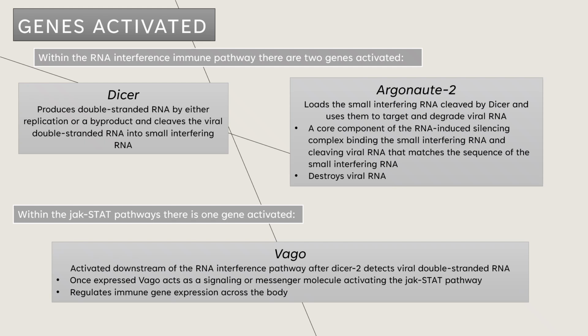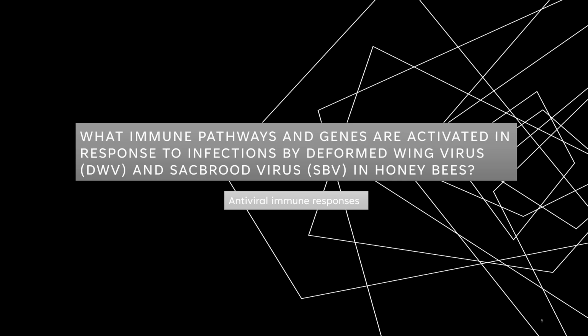Within the JAK-STAT pathways, there is 1 gene activated, which is VAGO, activated downstream of the RNA interference pathway after Dicer2 detects viral double-stranded RNA. Once expressed, VAGO acts as a signaling or messaging molecule activating the JAK-STAT pathway, regulating immune gene expression across the body. So, what immune pathways and genes are activated in response to infections by deformed wing virus and sac brood